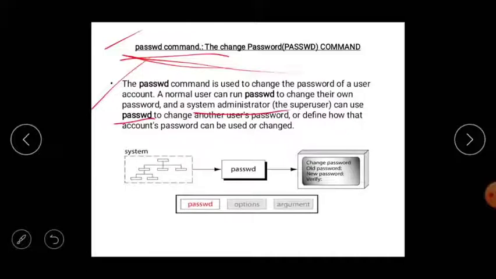Suppose you want to change your mobile password, there are steps. What are the steps? One is you have to enter the old password, the already existing password.